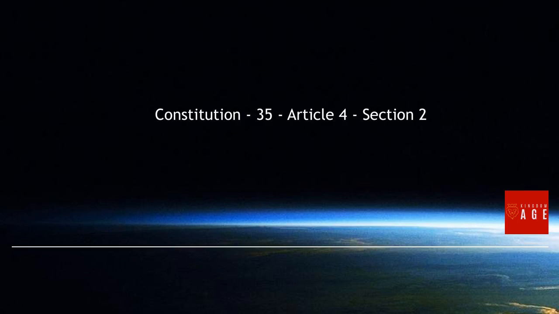Introduction. Our Constitution's fourth article is devoted to the relations between the states and the Union. Section 2 of that article sets forth 3 clauses, each of which concerns the movement of persons throughout the Union. The first of these, the Privileges and Immunities Clause, stipulates that the citizens of each state shall enjoy the privileges and immunities of citizens in the other states.